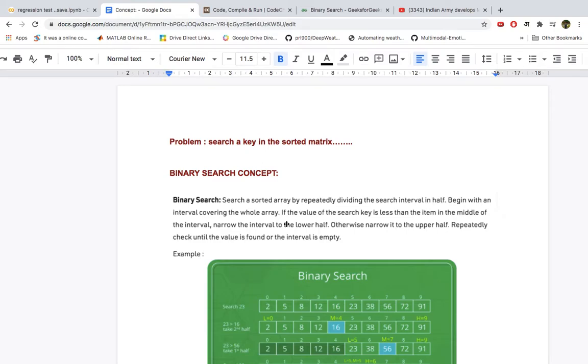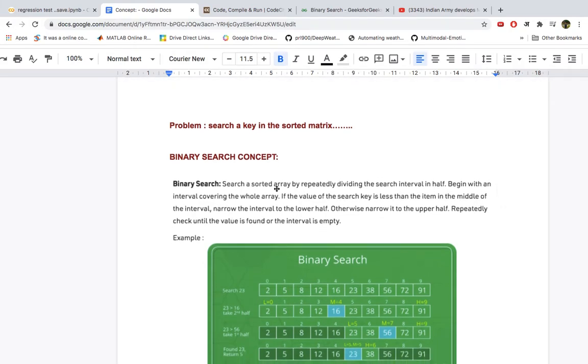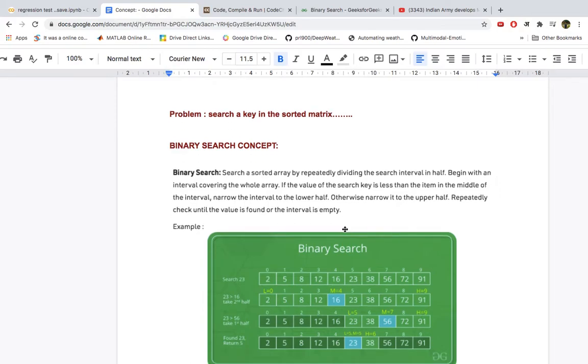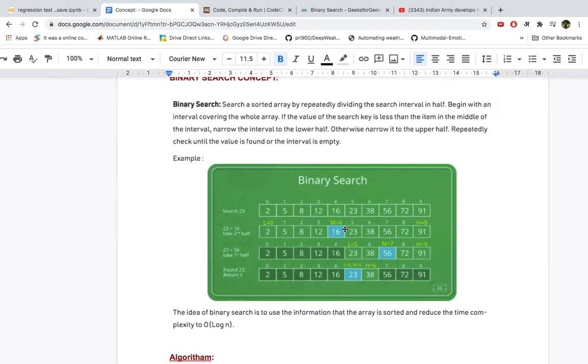Okay, guys, let's go on to the solution. We'll be using the binary search concept here. We all know binary search in a sorted array. The precondition is that the array should be sorted. We continuously divide the array into two parts, and then we find in which part the element is present or not. So, we'll see how we do binary search first.